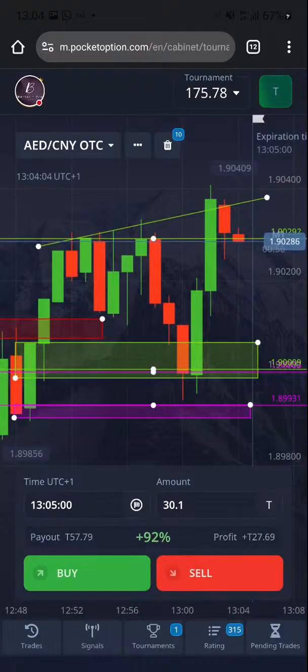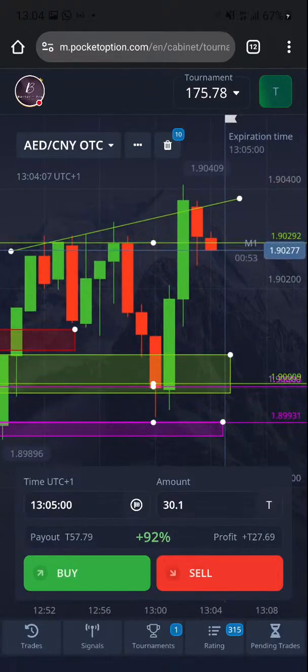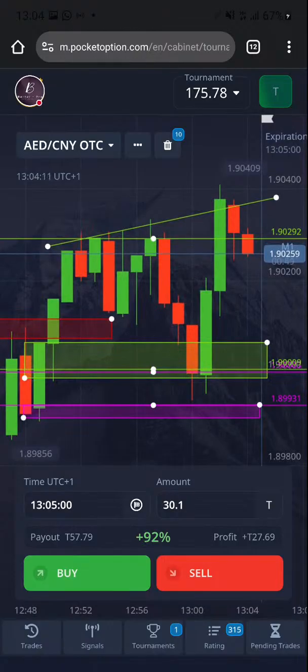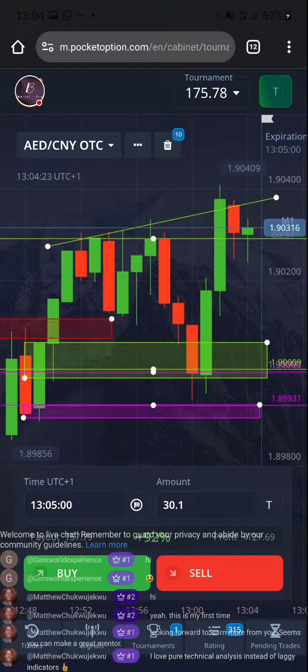Now let me explain this trade again. You see, we have this level here, and price touched this level the first time and gave us a low. Then price came back up again. They tested that same level and they gave us a lower low. Anytime that happens and price